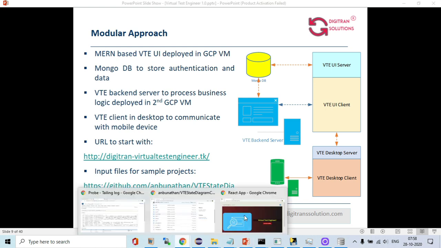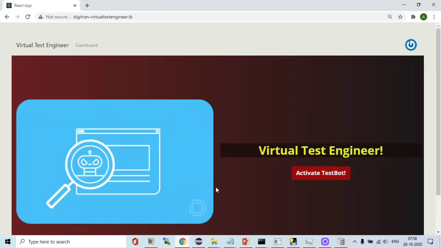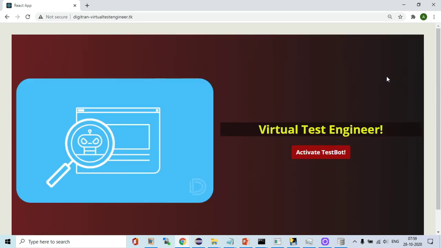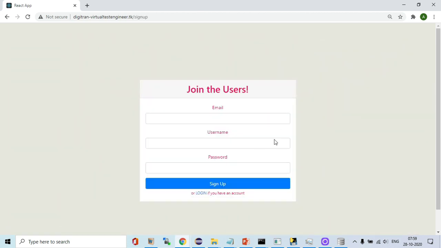For example, the Virtual Test Engineer, you can see here, this is the UI. This is the URL, digitron-virtual test engineer.tk. When you go here, it's already logged in. So we can log out, and then once you re-enter, you can sign up using your email and username and then password.